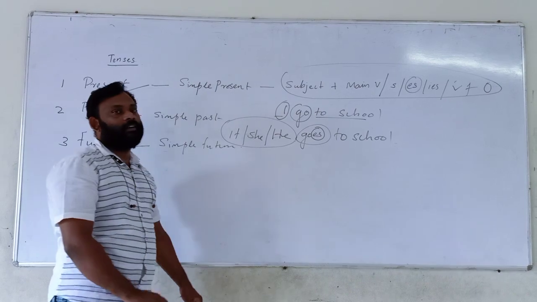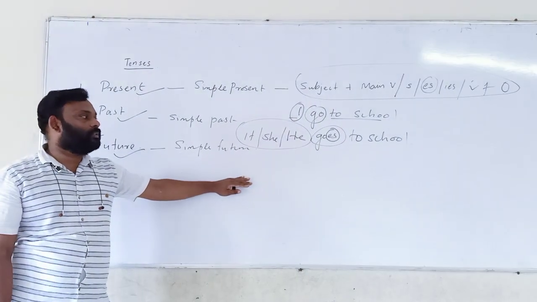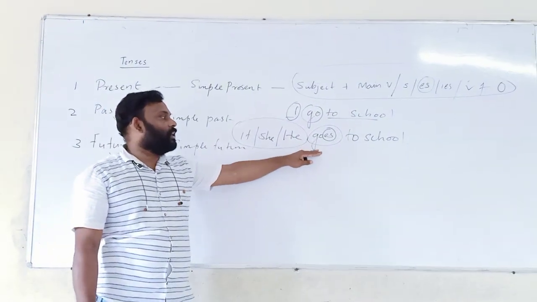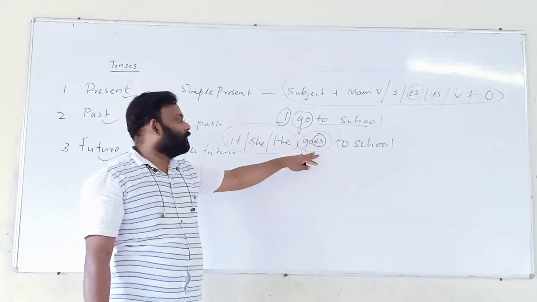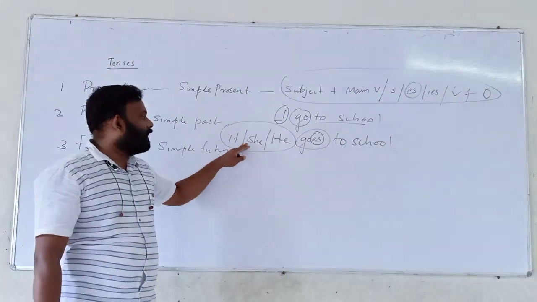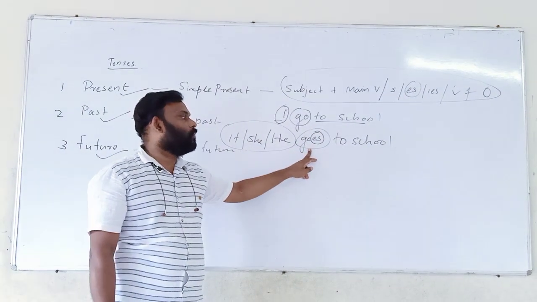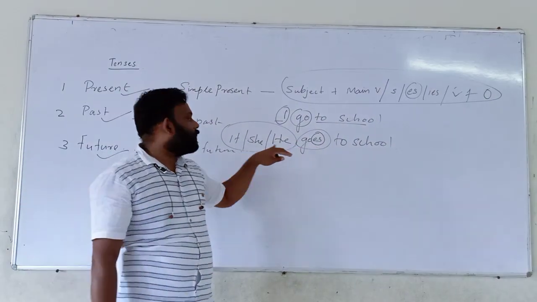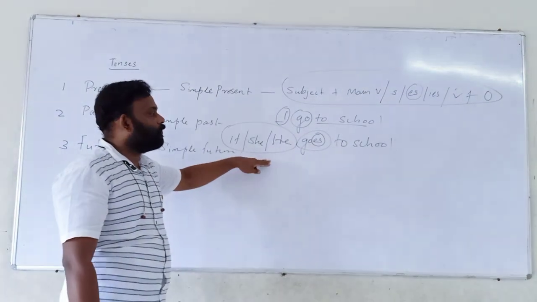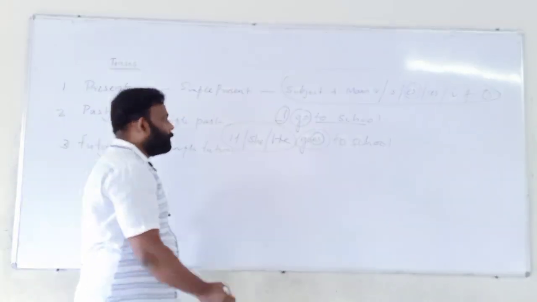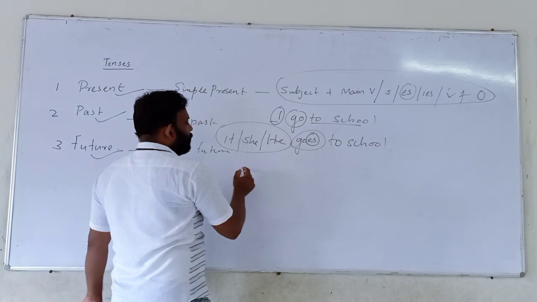If it is he, she or it, it takes the singular form of the verb, as we learned about plural and singular in nouns. In verbs also we have singular and plural cases. Singular nouns take singular verbs only. So he, she or it takes goes. He goes to school, she goes to school, it goes to school. The form continues the same. And for example, another word.